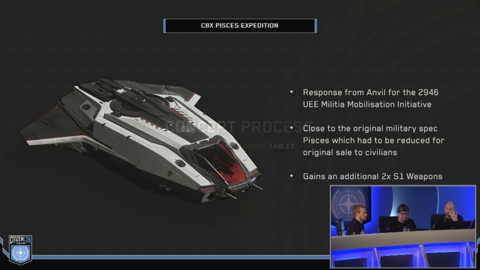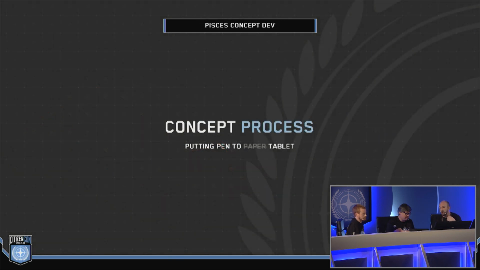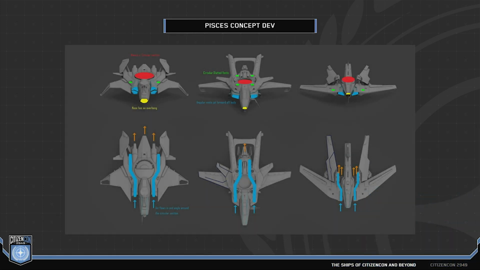Yeah, looks good. So we're going to talk a little bit about the concept process, give you guys a look behind the curtain on this one. When we started this one, we had a slightly different brief, and we'll go through that. I'll reveal it as we move on. And so this is a sort of typical thing that we'll put together. This is something I put together a couple of years ago, but it's just to remind the artists the kind of things that we look for